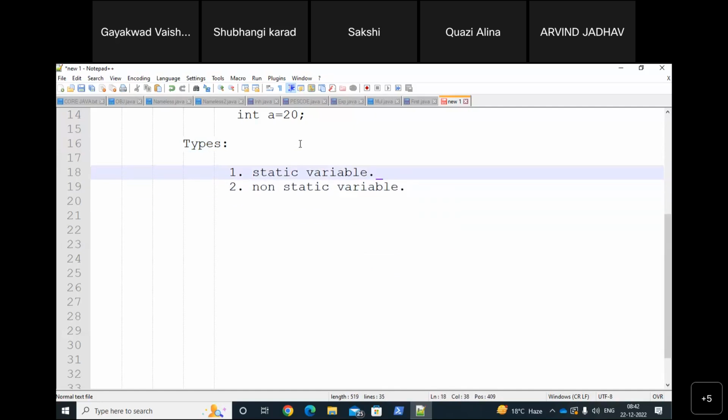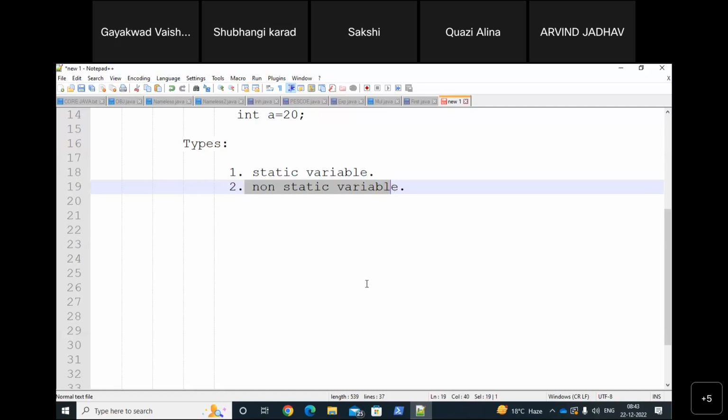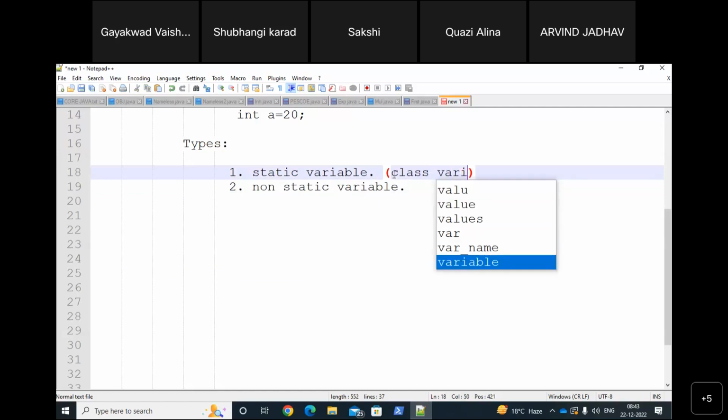What is the difference between static variable and non-static? See, in the last lecture we already discussed these two things. Whenever we use static in front of a method, that means the memory will be loaded once in a program. That means that method will be executed once in an execution. Now, a non-static variable means the static keyword is not used. If we use the static keyword in front of any data type, that would be a static variable. If we are not using the static keyword in front of any variable, then that will be a non-static variable. Make a note of that. And also the static variable is called a class variable because